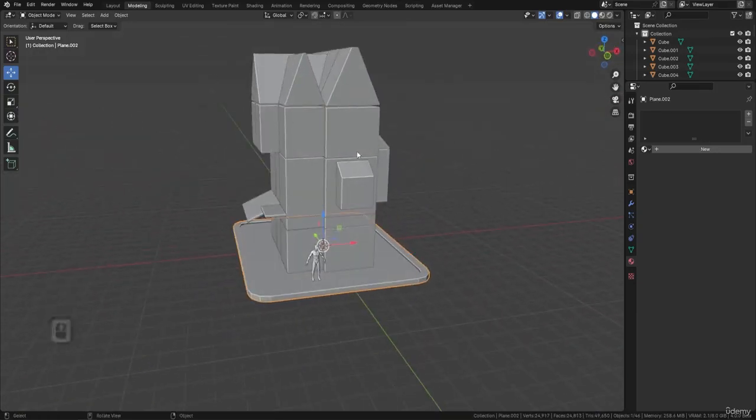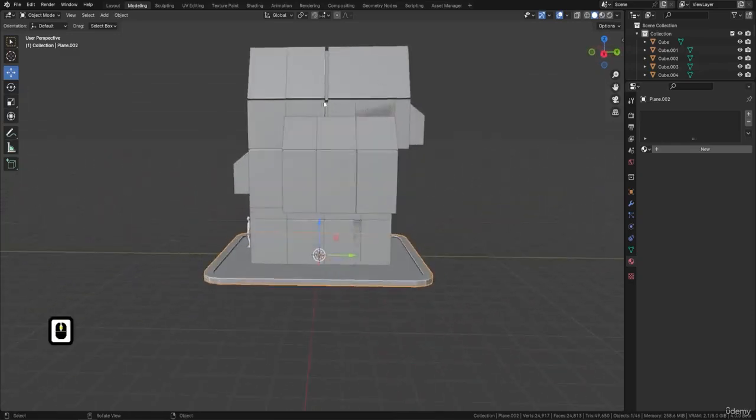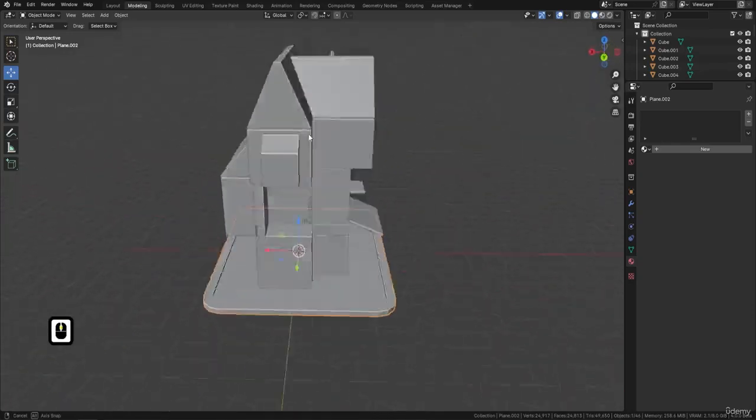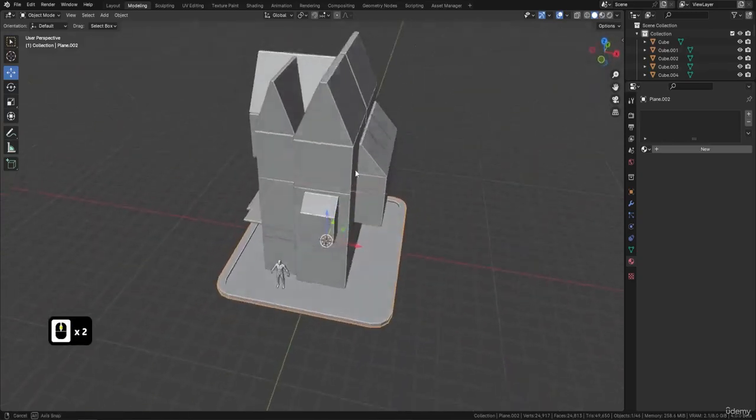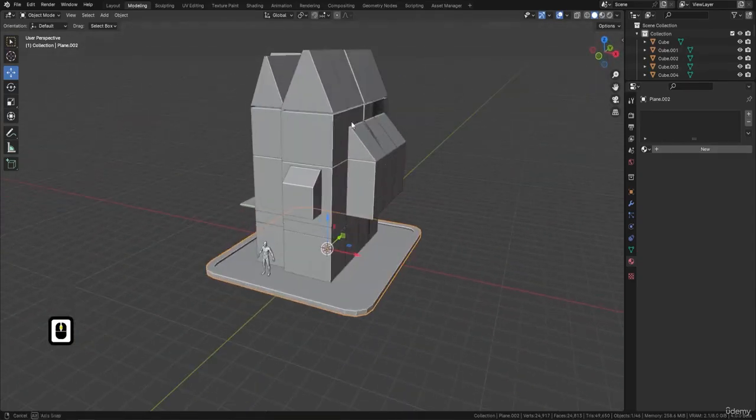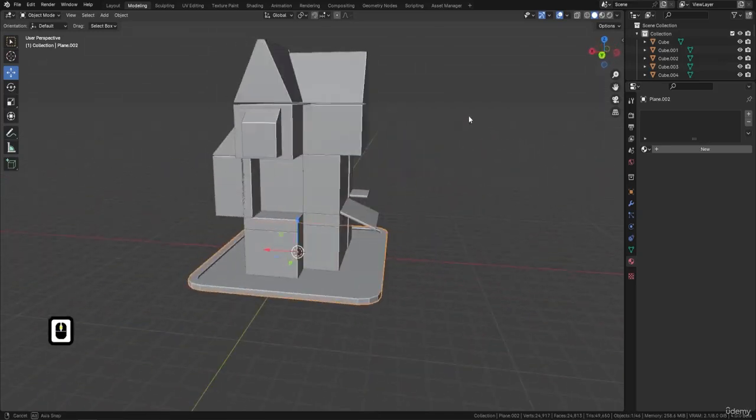Now, this is pretty much the main body of the building, so we can still change it. But what you should be happy with is the overall structure. Have a look and make sure you're happy with it. The next thing you want to do is light it and have a look at what it's going to look like with the lighting. How the lighting interacts with all the various parts of this building is important